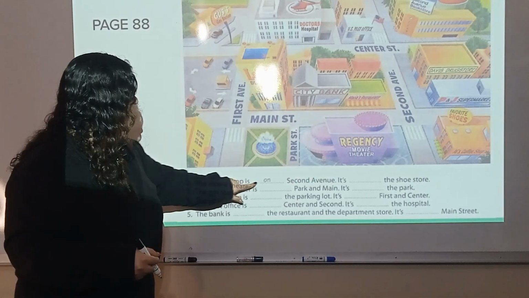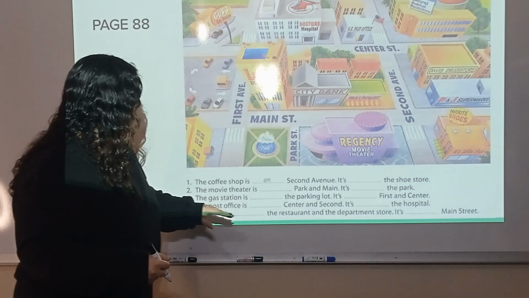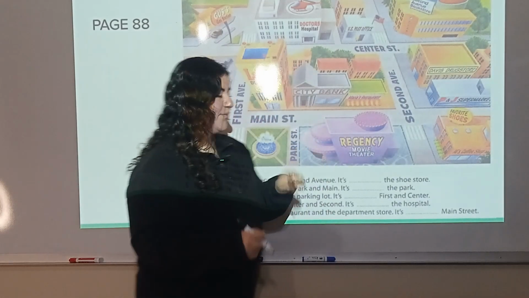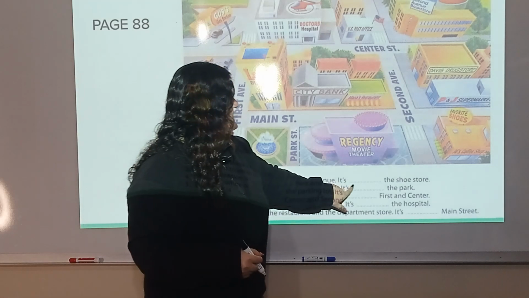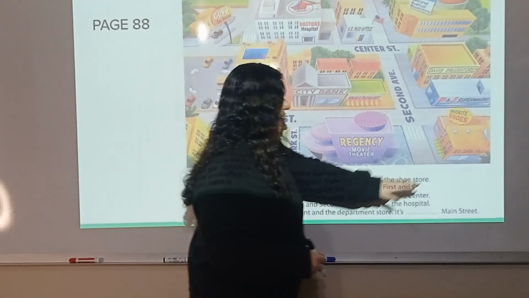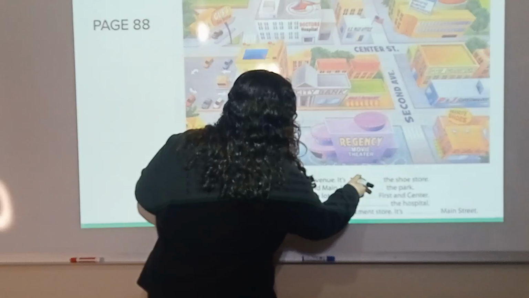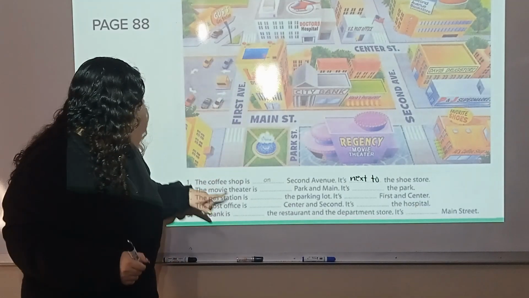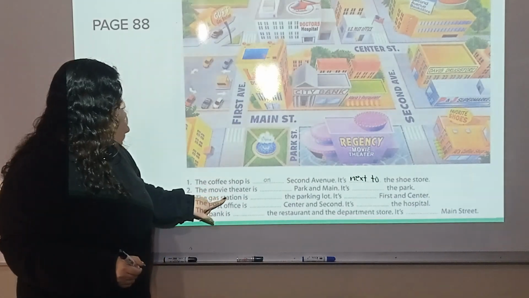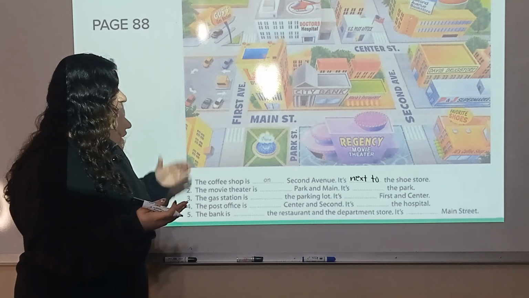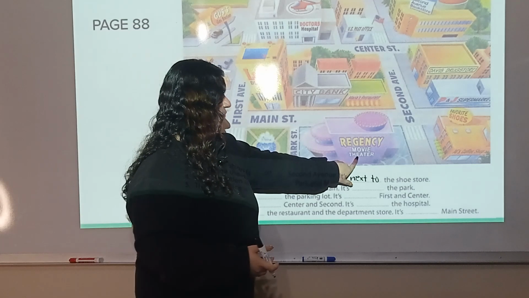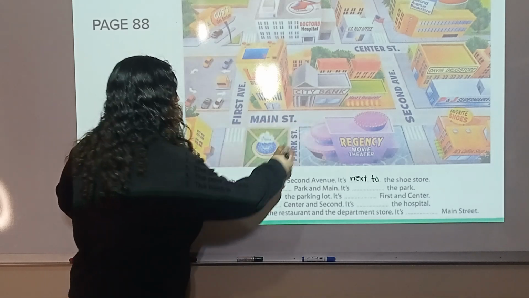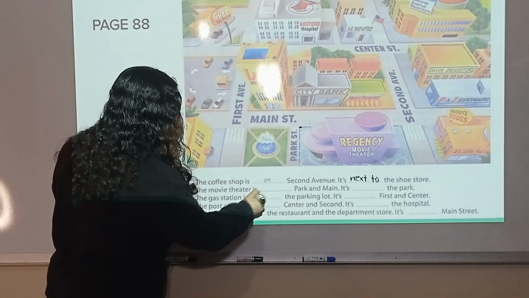So, the coffee shop is on 2nd Avenue, and we can take a look at 2nd Avenue and see that indeed the coffee shop is right there. And then it says it's the shoe store. So as we can see, it is right next to the shoe store. On the next sentence, we have the movie theater is Park and Main. So we're going to go to the movie theater, and we can see that Park is over here and Main is over here. So it's right on the corner